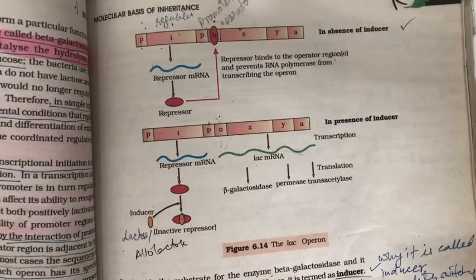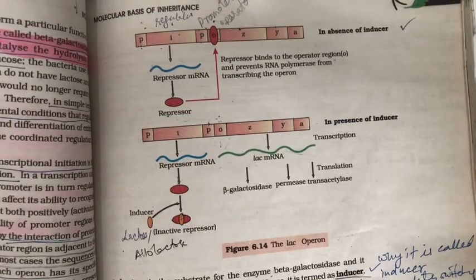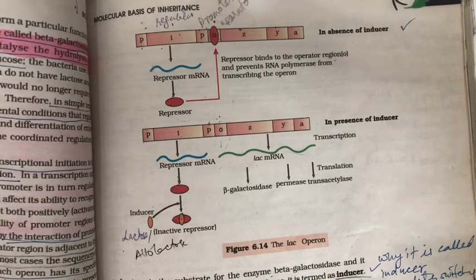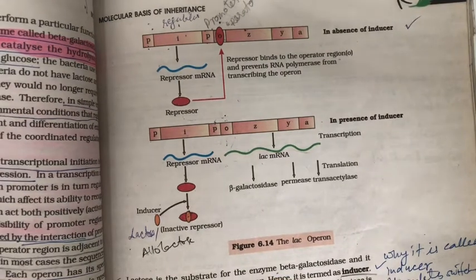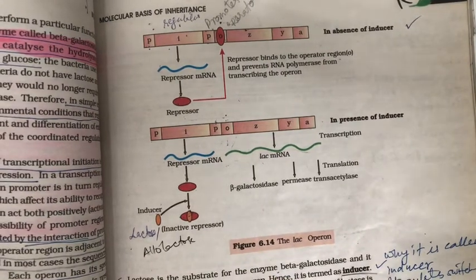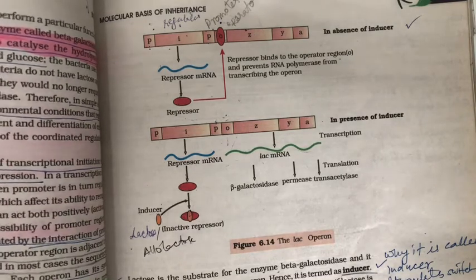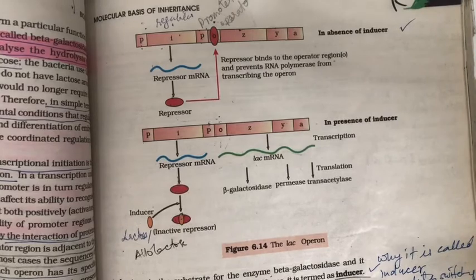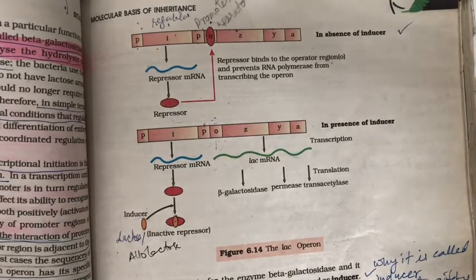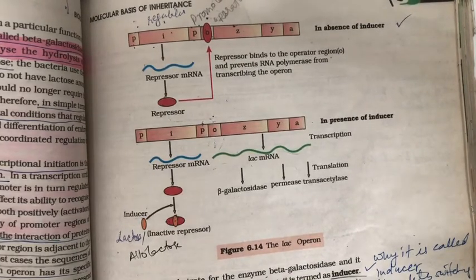Now when we talk about the expression of a gene, we know that the process of expression has to be regulated, and the regulation is done at 3 steps. It could be at the transcriptional level, it could be at the splicing level, or it could be at the translational level. So let us take an example of how the genes are controlled, or how the process is regulated.